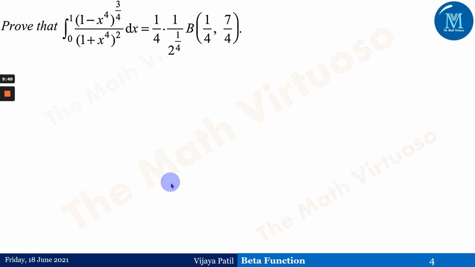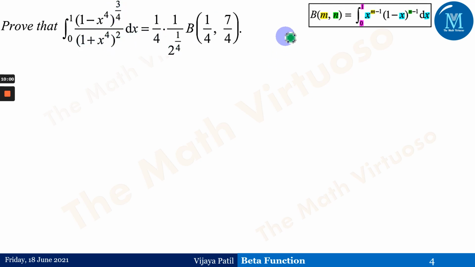So this is another question. Now the next question is, prove that the integration from 0 to 1 of (1 minus x to the power 4) to the power 3 by 4 upon this, dx, is equal to this. Again, I am purposely keeping this definition on every slide so you will be very sure about the substitution theorem. Now, what substitution is required here? I need 1 minus, and if you observe, we have x to the power 4 in the numerator and x to the power 4 in the denominator as well, so the same terms are there.